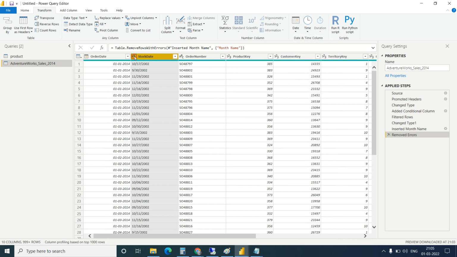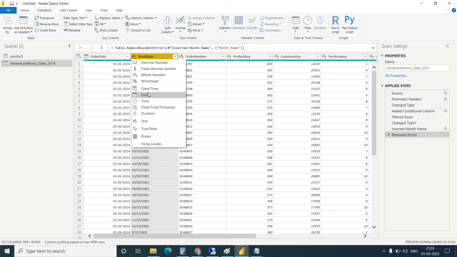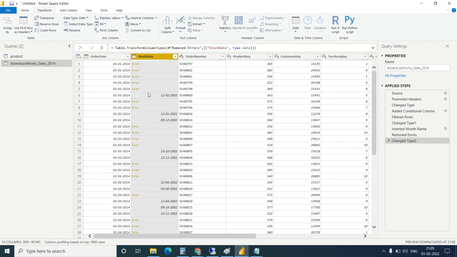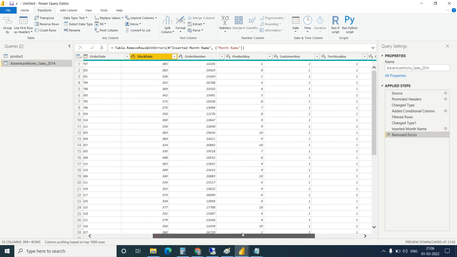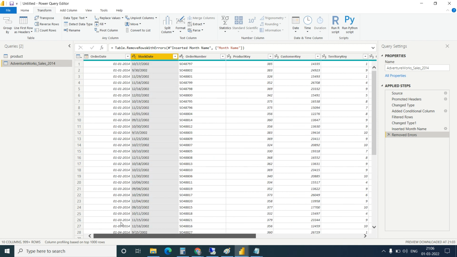So this is also a string. Let's convert this into the date. Okay, the date is not in a proper format. What can we do? Okay, so we got this month. So you understood.